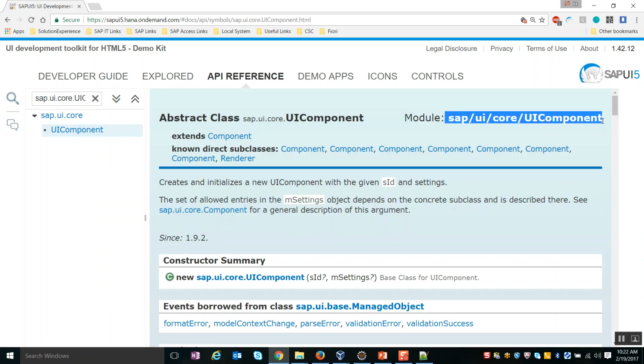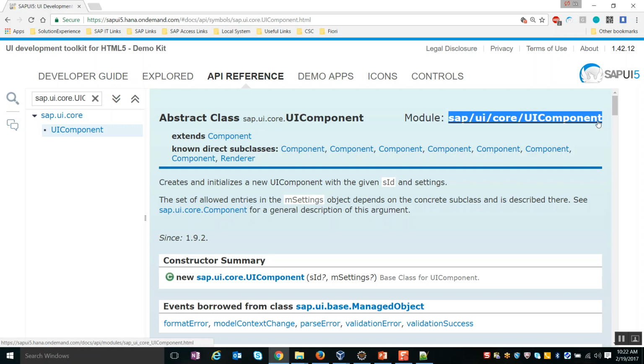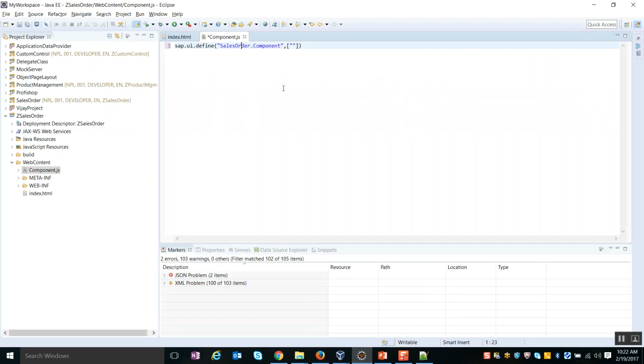So this is the path which I wanted to use in order to load the resources, whereas this would be my programming path and this is going to be my module path or web path, where I'm basically representing the path to the folder. So I'm just going to copy this, and this is the resource which I wanted to load. So I have loaded this resource, and this resource will be imported into this function using this callback function, where I'm going to import it with the name UIComponent.